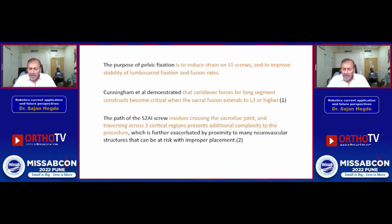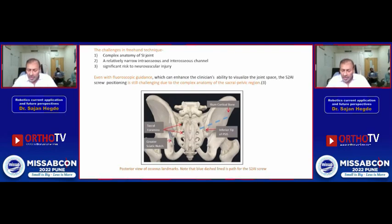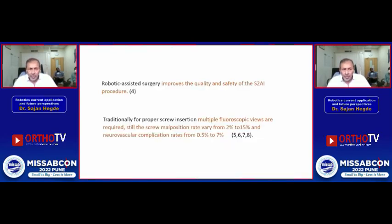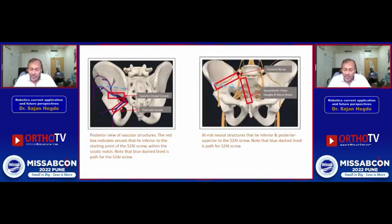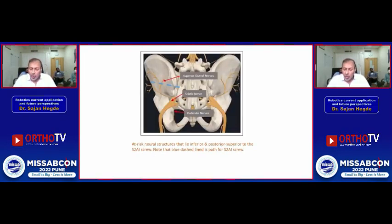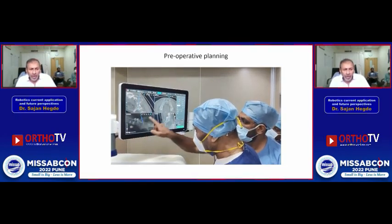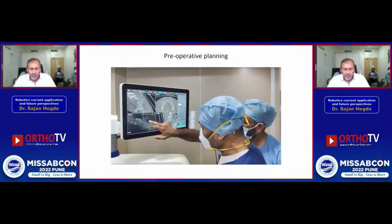Now we all know that putting these screws in the ilium is sometimes extremely tricky. You know all the landmarks, but there are a lot of big vessels, and if you're in the wrong place, a disaster can happen. So the robotic assisted spine surgery helps improve the quality and in fact speeds up the entire surgery. It allows you to put these screws so quickly. Earlier we used to take a minimum 45 minutes to 1 hour for our iliosacral screws. Here we plan these screws just before we go in,